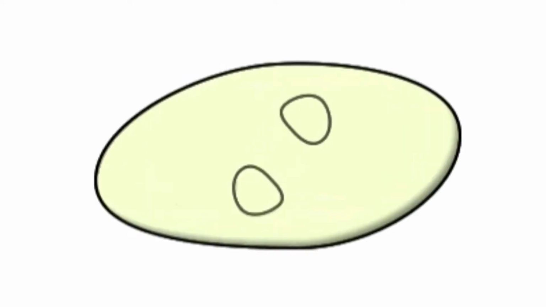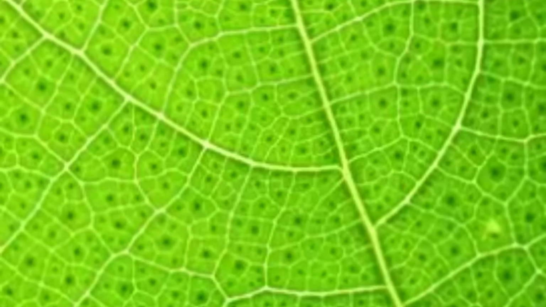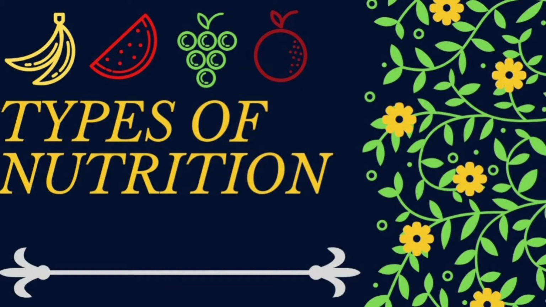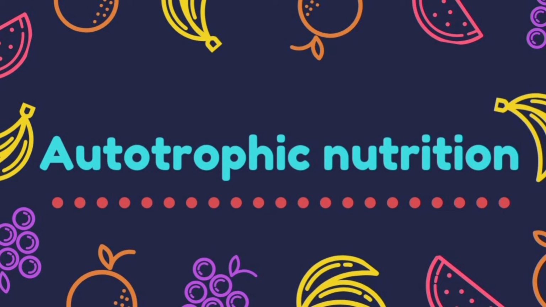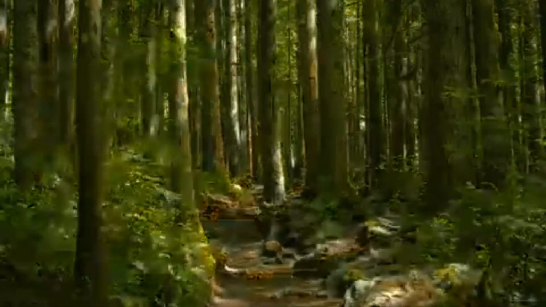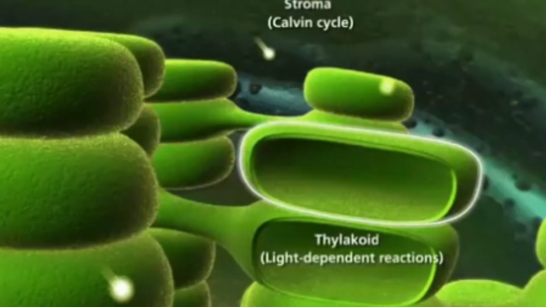Dear students, in the previous video I discussed life processes, where you studied the various modes of nutrition, including one very important type, the autotrophic mode of nutrition. Autotrophs are generally green plants that can perform photosynthesis. The green plants synthesize their own food by this process in the presence of light and chlorophyll.